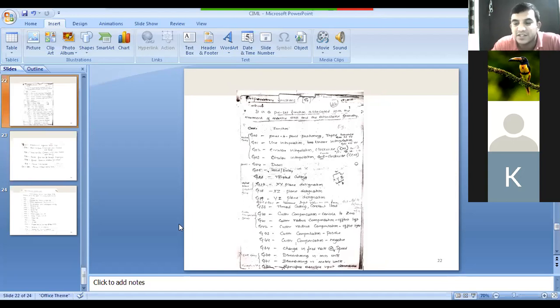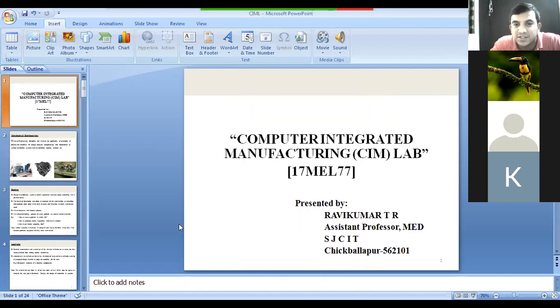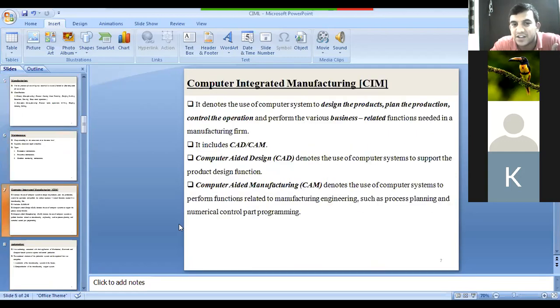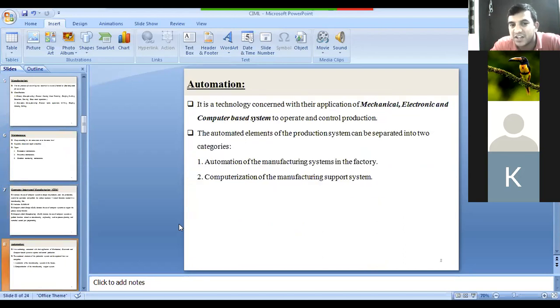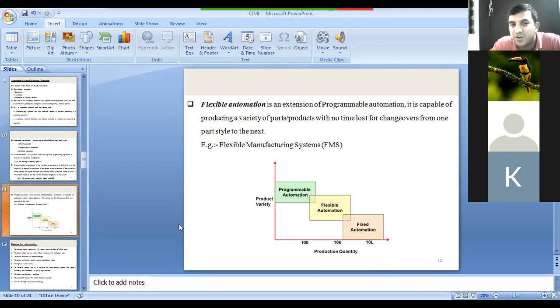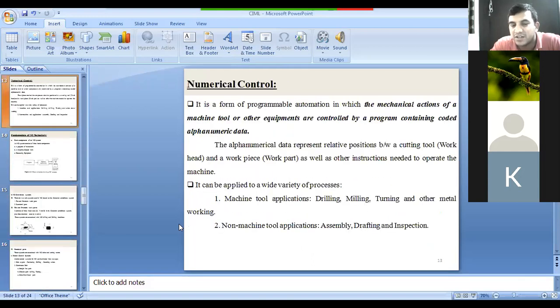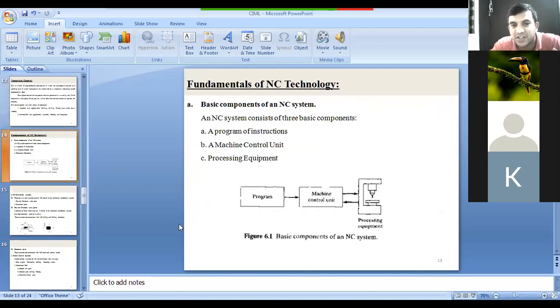Today we discussed, first, the introduction to mechanical engineering. Next, what is meant by manufacturing, then computer integrated manufacturing, then automation, why we go for automation, and types of automation. Programmable automation is what we are going to study here, that is numerical controlled machines. It consists of three basic things: program, machine control unit, and processing equipment.